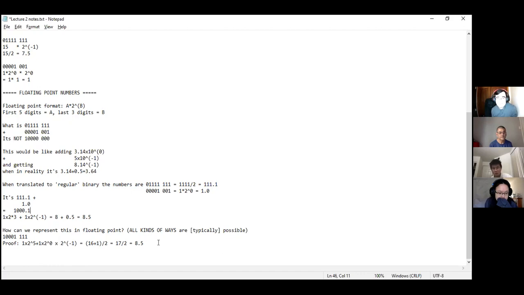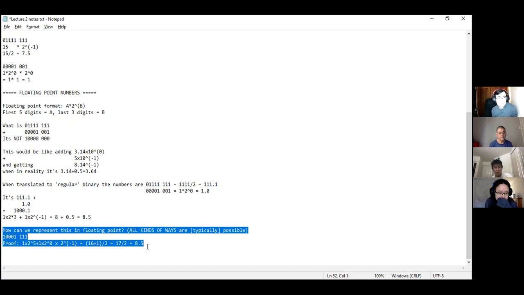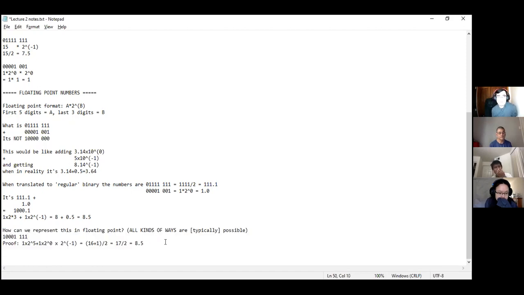And then the last thing that I wanted to point out is how do you represent these sorts of numbers in floating point? Well, since 8.5 written in radix format is 1000.1, we can shift everything to the left and then just in the exponent have it divide by 2. So this shifted 1 to the right should be the same as this number if I'm not mistaken.